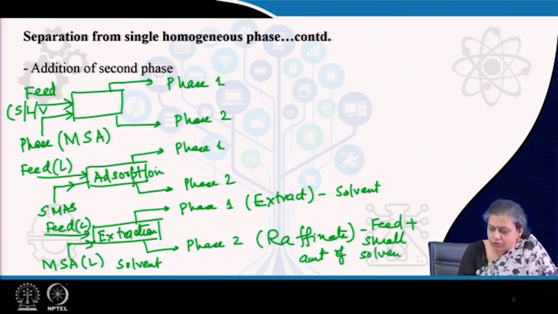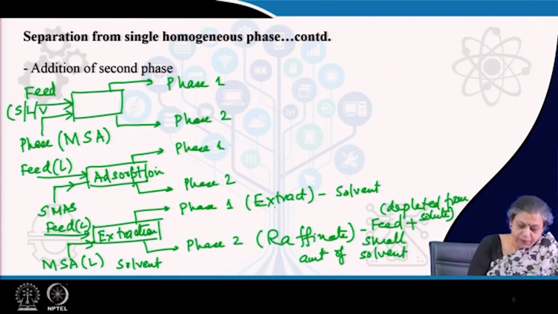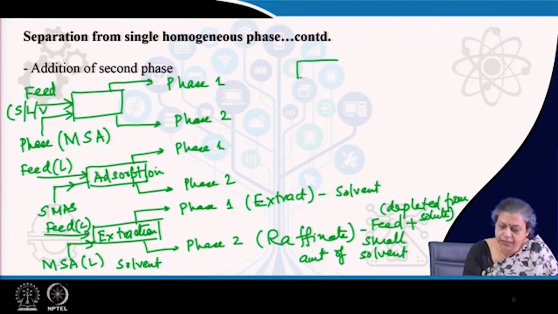So, a small amount of solvent, and this feed is depleted of the solute, because a good amount of solute has gone into the solvent and it forms the extract. Therefore, if we have a liquid feed, we can perform different operations. One, we can perform adsorption when the MSA is solid, extraction when the MSA is liquid, and we can also